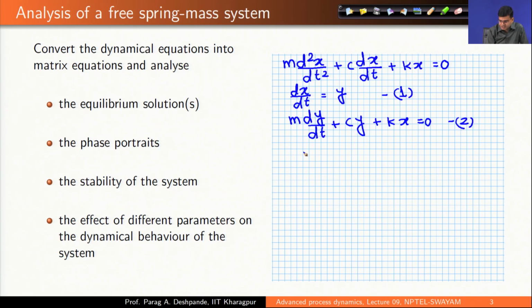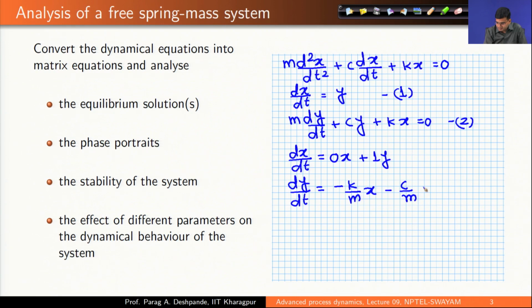So, I can write equation 1 as dx by dt is equal to 0 times x plus 1 times y, and dy by dt as minus k by m x minus c by m y,